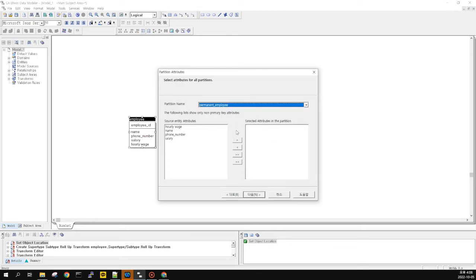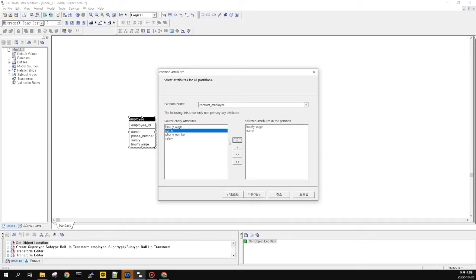So click next, and you can choose some attributes. First, permanent employee has name, phone number, and salaries, and contract employee has attributes that have hourly wage, name,